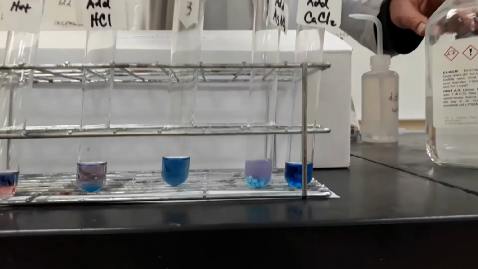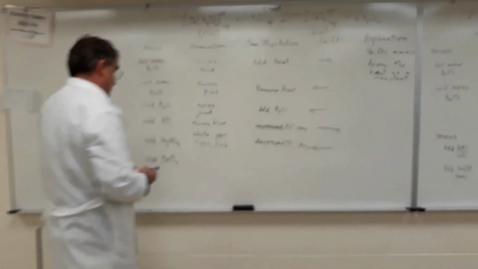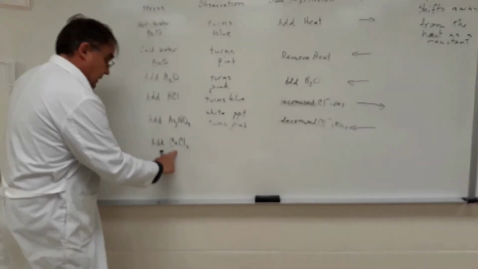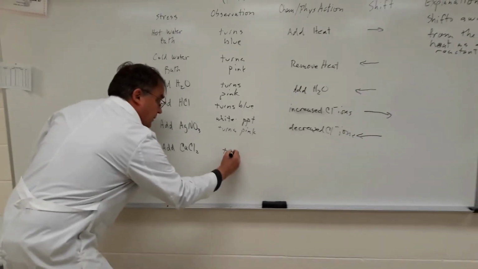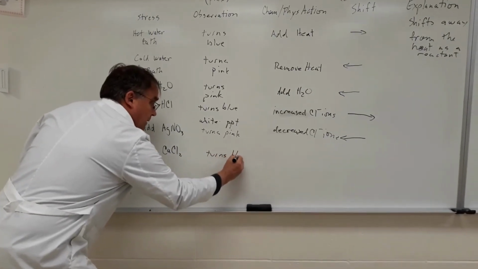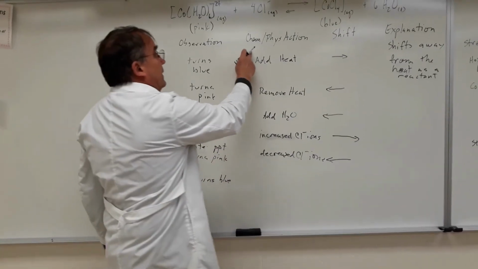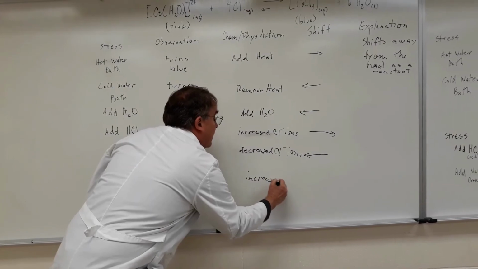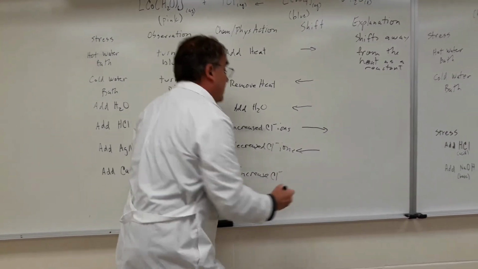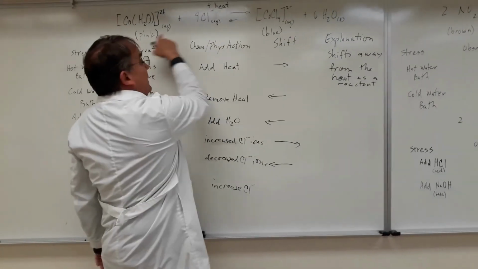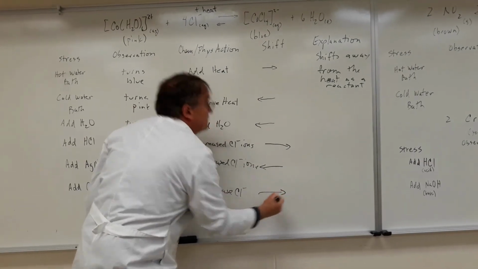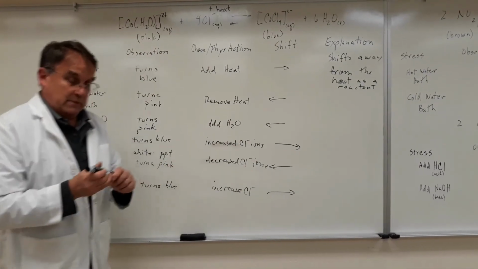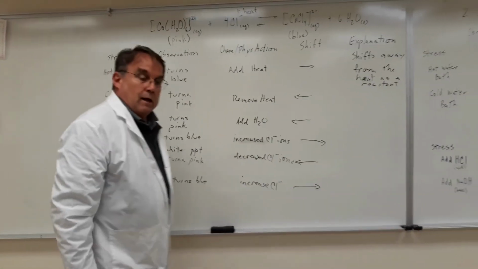All right, so back to the whiteboard. Add calcium chloride, turns blue. The chemical physical action is to increase chloride ion. The shift was from pink to blue, and then you can figure out the explanation. All right, now